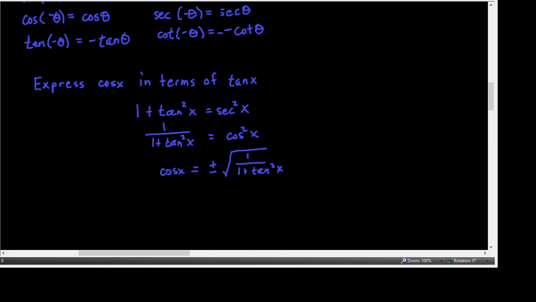Looks like I need to expand my two vincula, so that they're long enough to accommodate what we have. And of course, to simplify, we can split that radical into the square root of the numerator, square root of 1 is 1, over the square root of the denominator. And then we can't leave radicals in the denominator of a fraction, so we're going to multiply by 1 in the form of that radical over itself, which will leave cosine of x equals plus or minus the square root of 1 plus